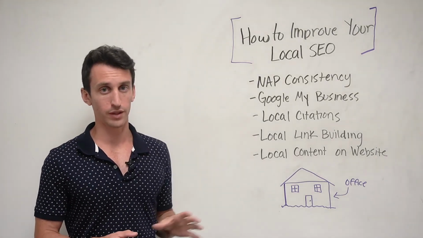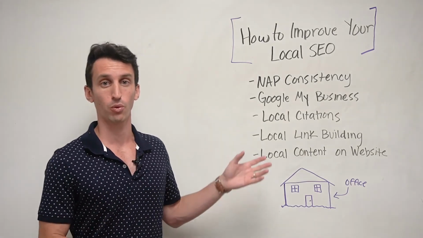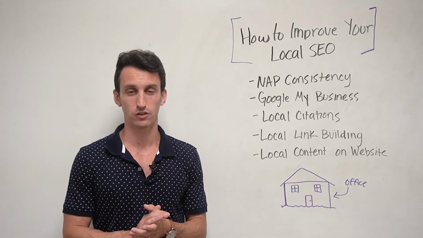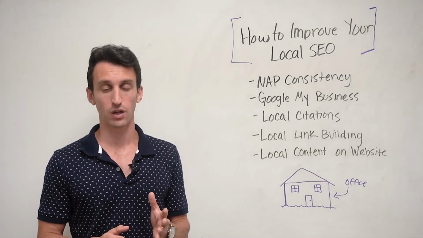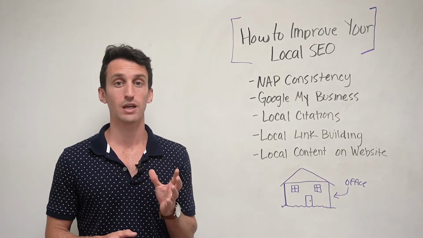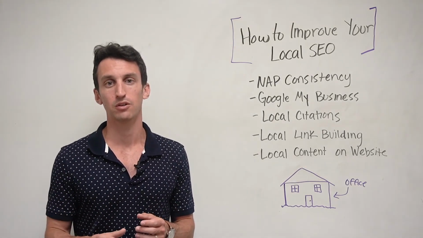No specific order on this. I'm just going through all components that are important. So the first one is NAP consistency. NAP stands for name, address, and phone number. You want to make sure it's consistent across the board. So let's say in the footer of your website and on your contact page, you want to just make sure